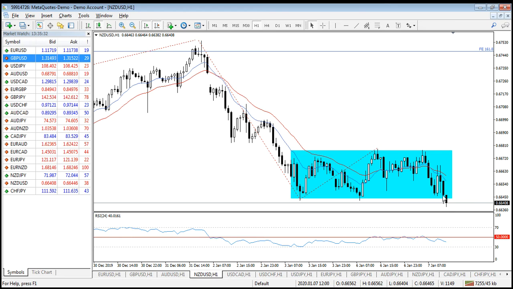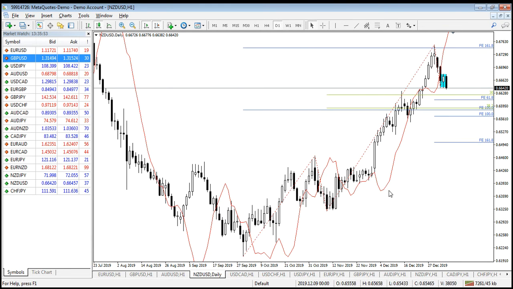Price came down, penetrated, made a new low below previous two lows, and is still going to the downside for 35 minutes. So that's why we have taken sell position, and this time our target is different from the target of the previous sell position of New Zealand dollar. In the previous sell position, I was just targeting this 30%, and 30% will be completed anytime soon, and